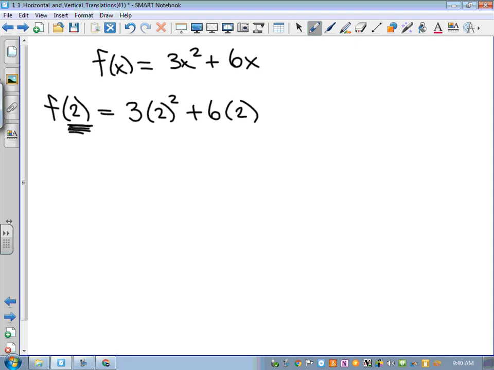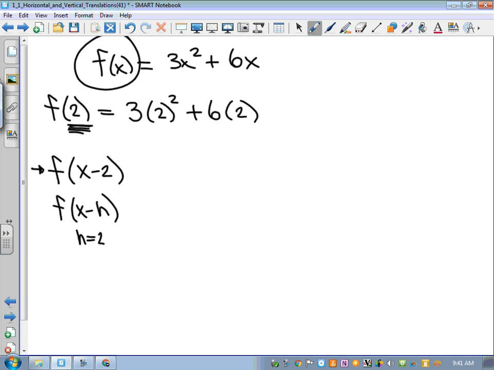What we're going to be talking about is what happens when I want to evaluate the function at x minus 2. Now, keep in mind that this is what we were talking about on the previous page, that this is f at x minus h. Now, what that means is that in this particular context, h is 2. And the way that we can describe that is that this graph right here, the graph of f of x minus 2, would be the graph of f of x shifted 2 units to the right. And we'll develop that more in the examples to come. But f of x minus 2 would be 3 times x minus 2 in a bracket squared plus 6 times